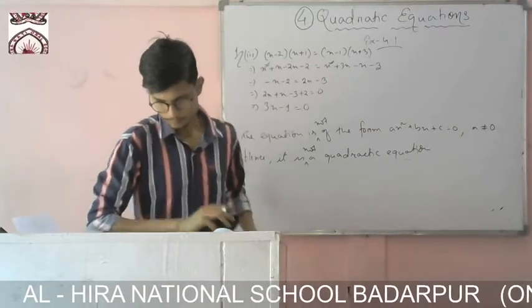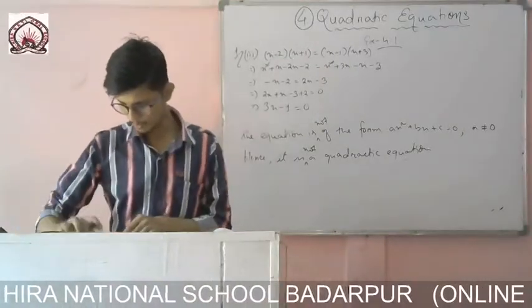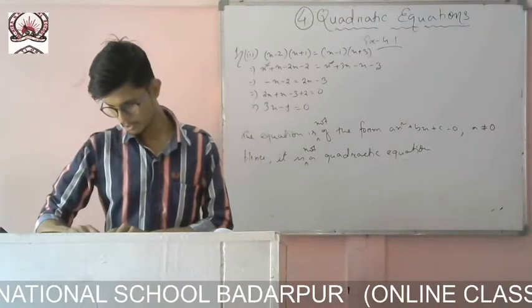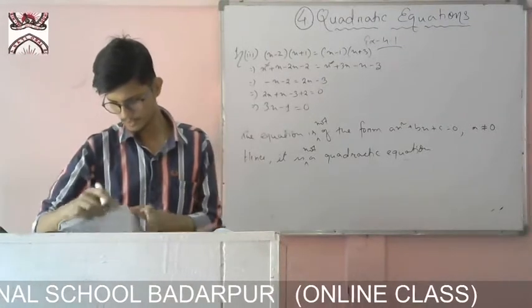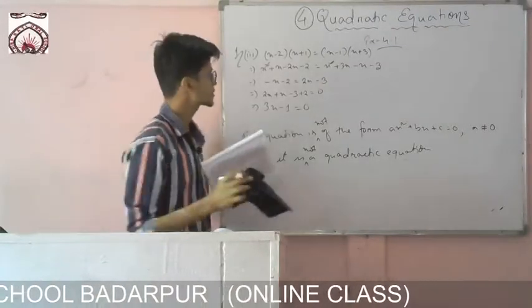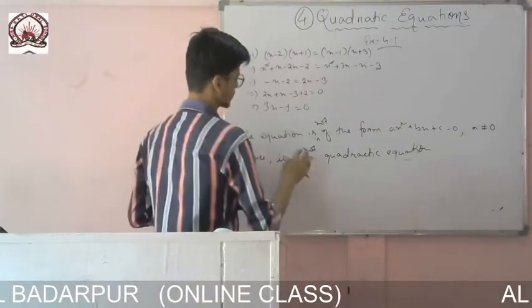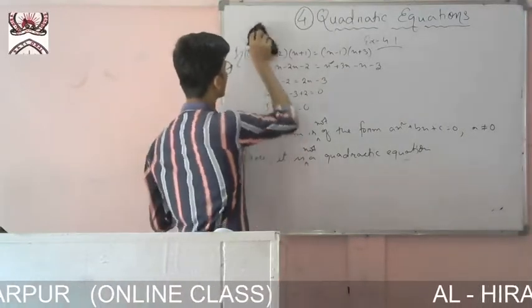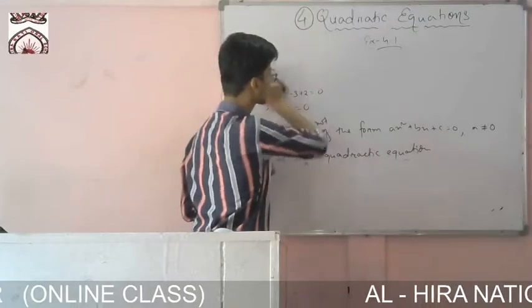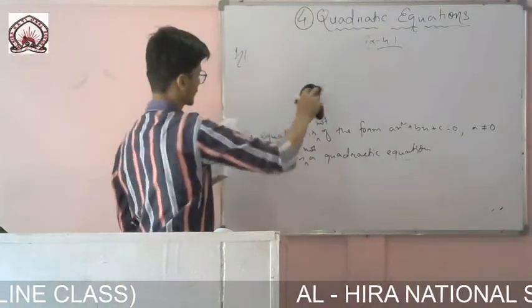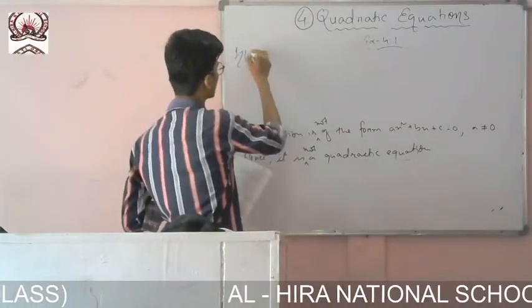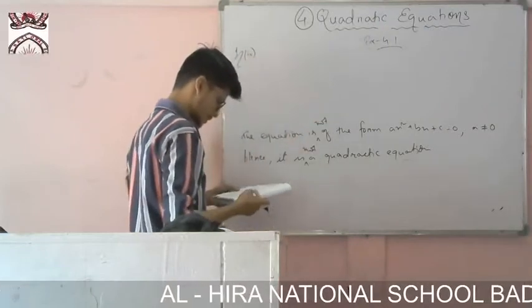Okay, same like this you have to check one by one. The next one will also be similar. Let me check that one, Roman number 4. We'll see later on whether it is quadratic or not.